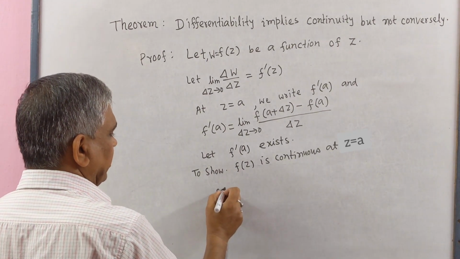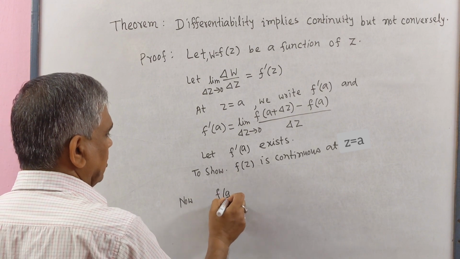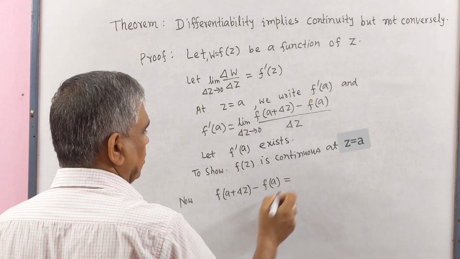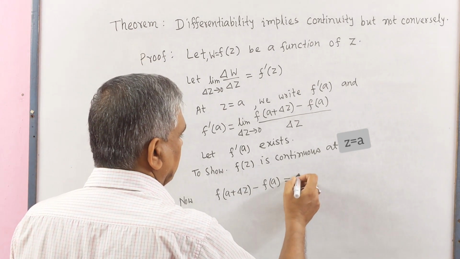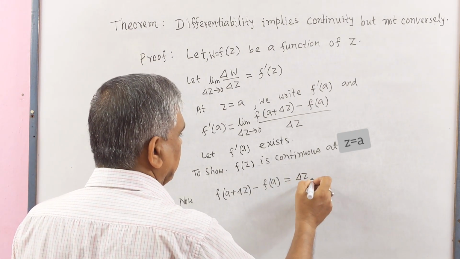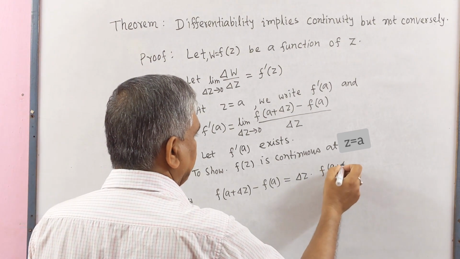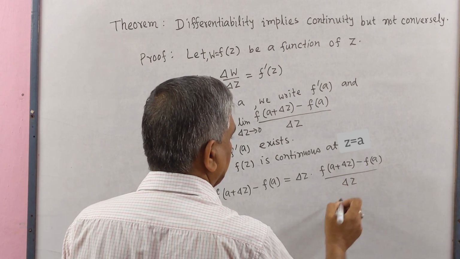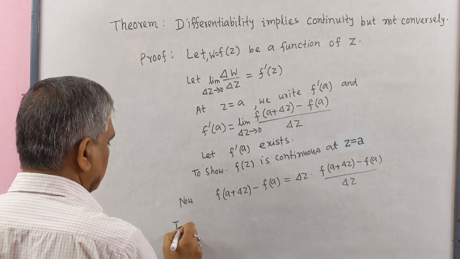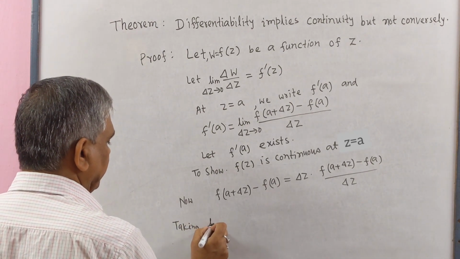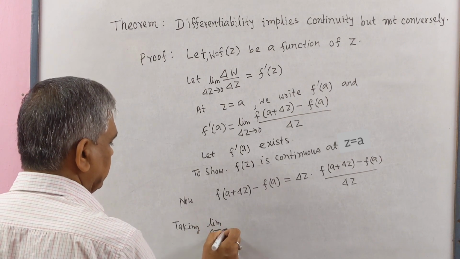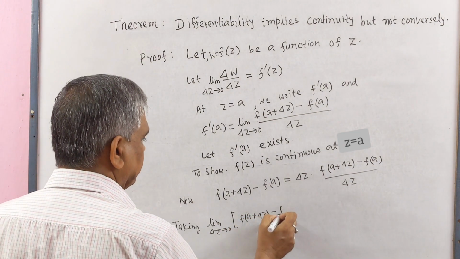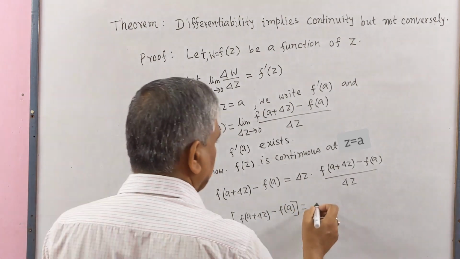Now f(A plus delta Z) minus f(A) equal to delta Z times f(A plus delta Z) minus f(A) by delta Z. Taking limit delta Z tends to 0, f(A plus delta Z) minus f(A) equal to limit